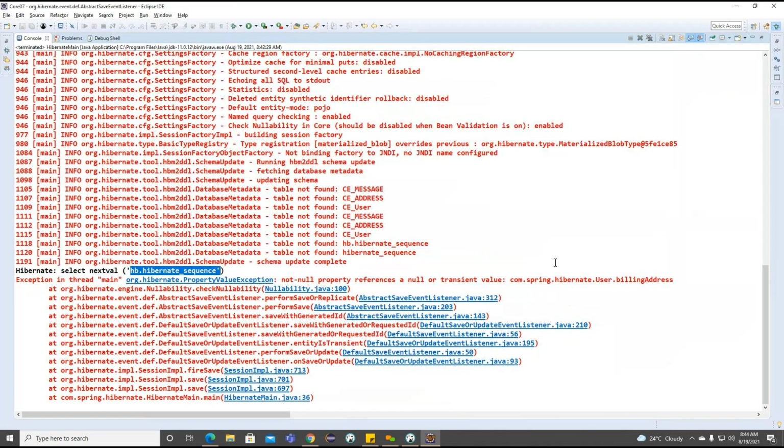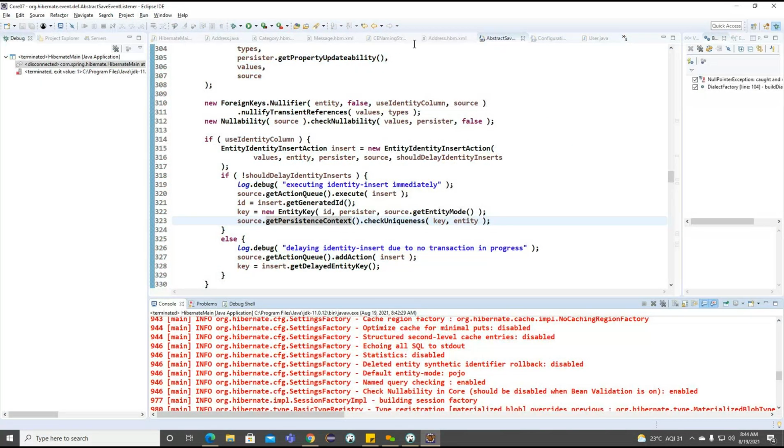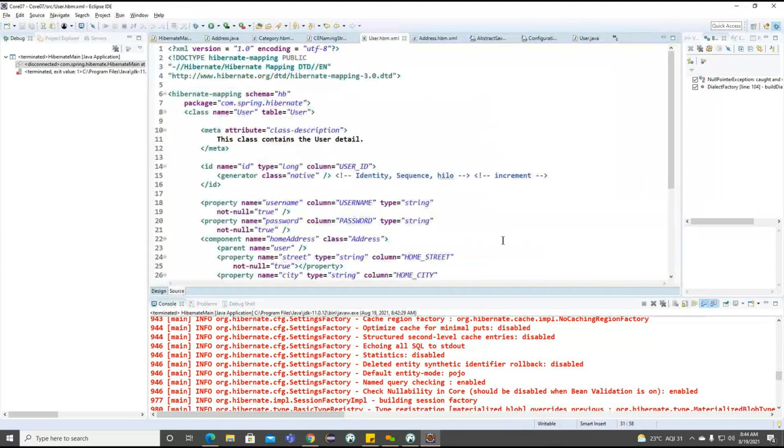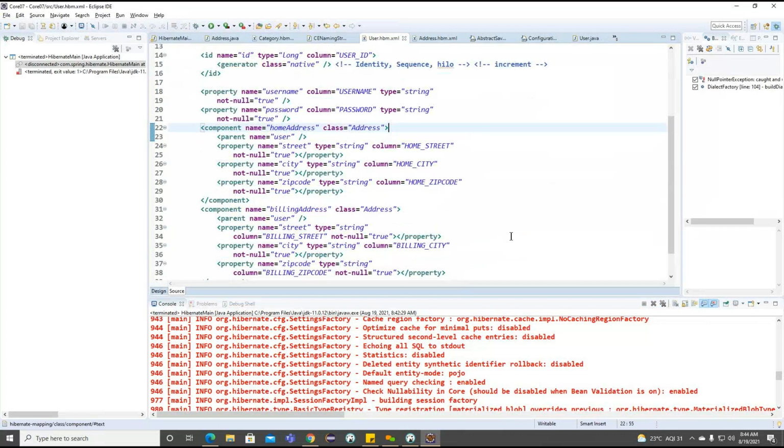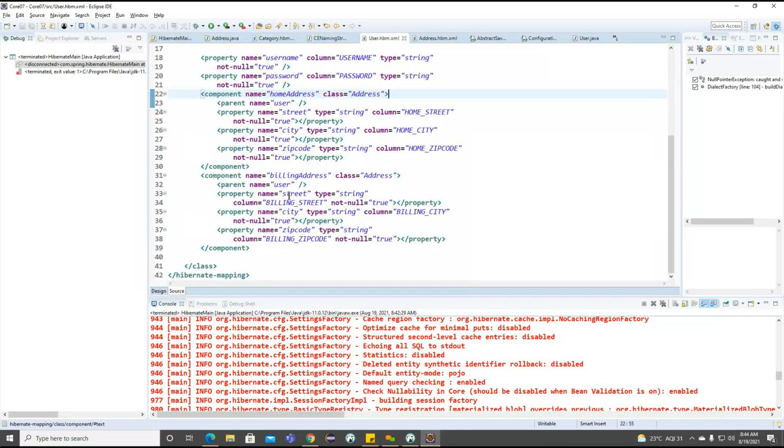We'll see what is an exception we are getting. Not null property reference null constraint or billing address. Okay. So here we made not null. Where is a user.xml? So we can remove this particular not null constraint here.